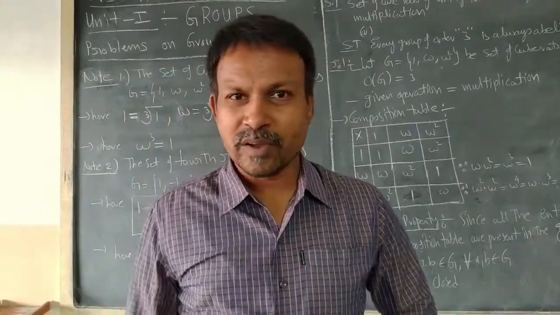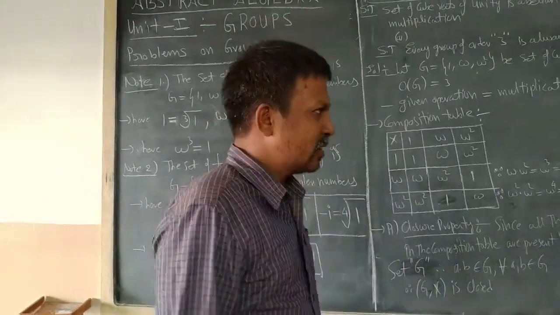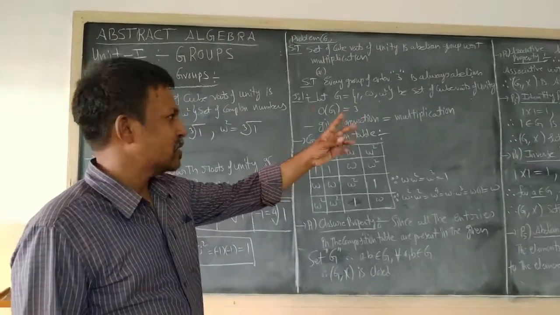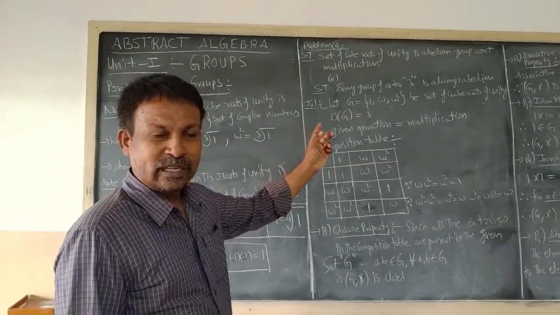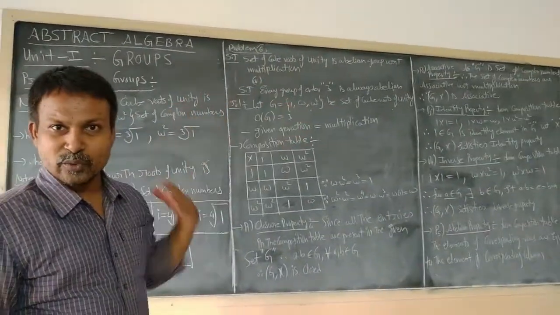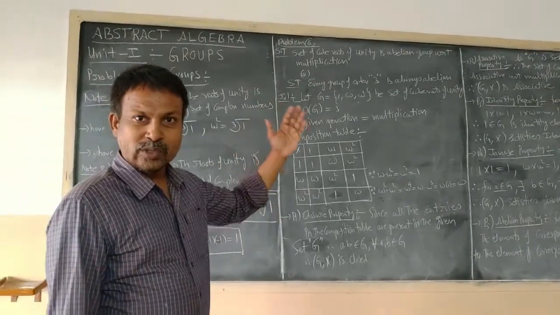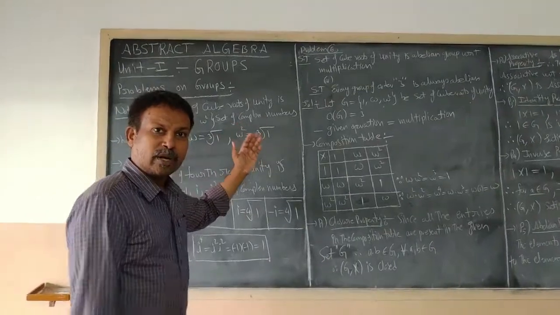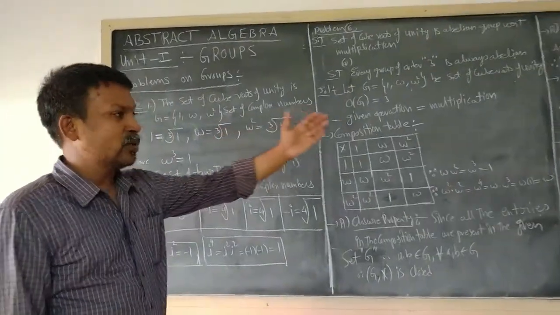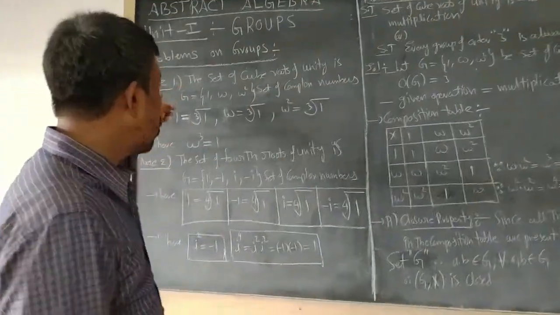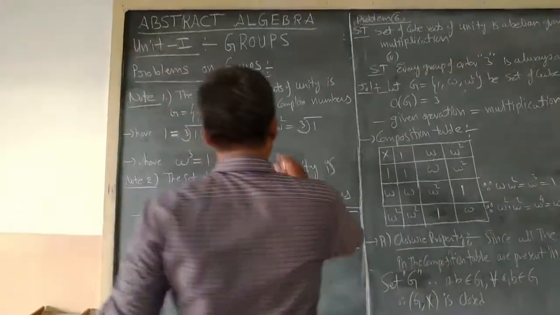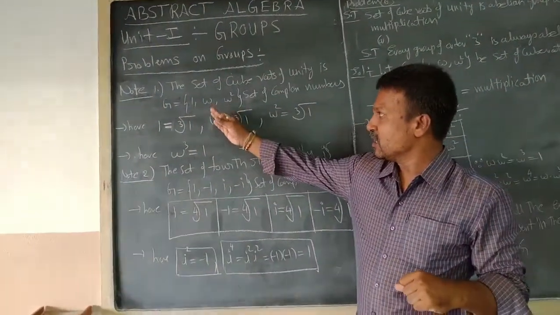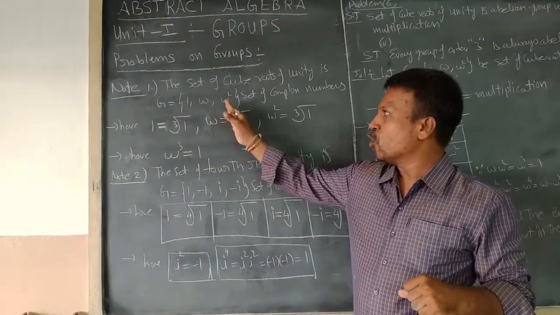Let us move forward to know about two important problems. One is cube roots of unity and the other is fourth roots of unity. Before going to solve those two problems, let us know the important points which are very much related to these two problems. The first note is the set of cube roots of unity is G is equal to {1, omega, omega square},